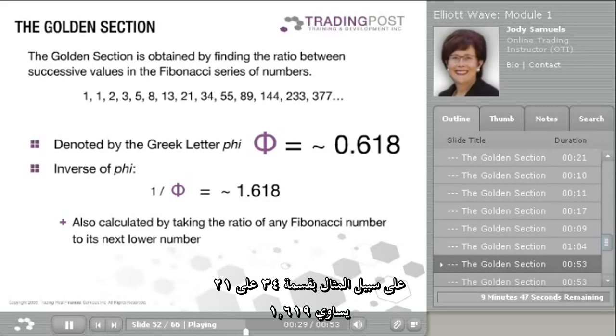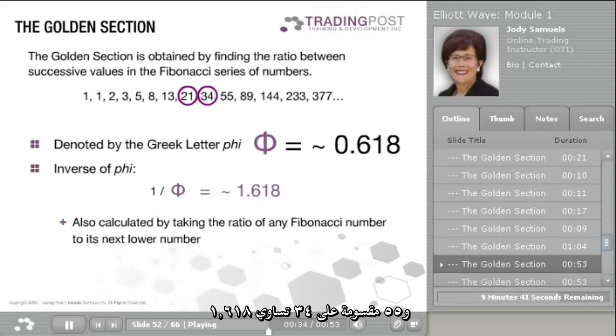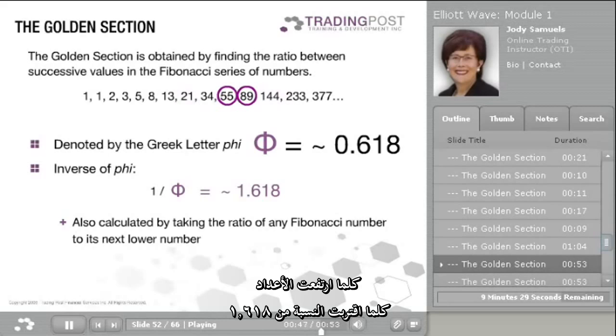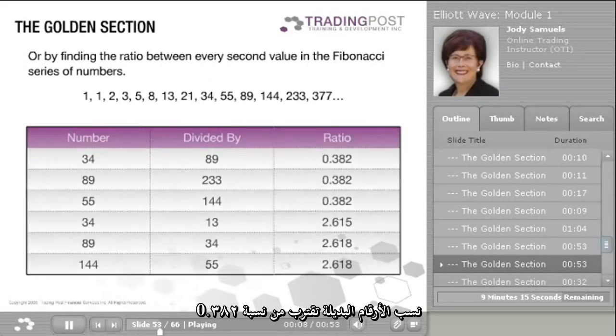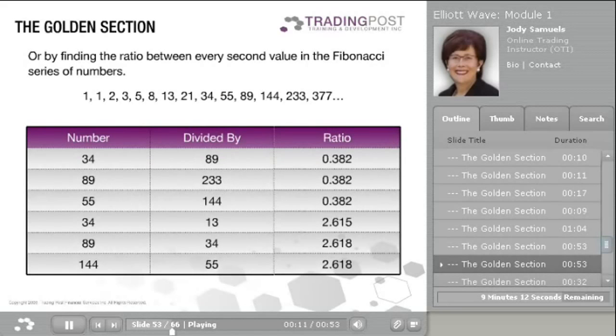For example, 34 divided by 21 equals 1.619. 55 divided by 34 equals 1.618. And 89 divided by 55 equals 1.618. The higher the numbers go, the closer the ratio is to 1.618. Now take the ratio of alternate numbers going forwards and backwards. The ratios of alternate numbers going forwards approach 0.382, or its inverse